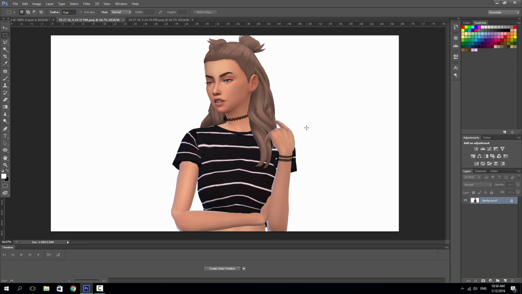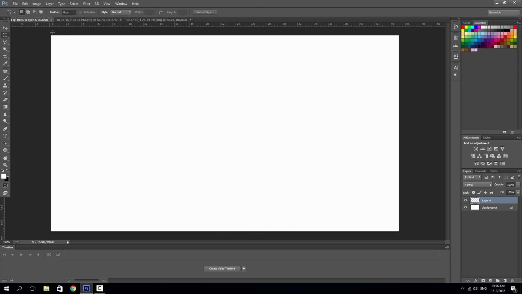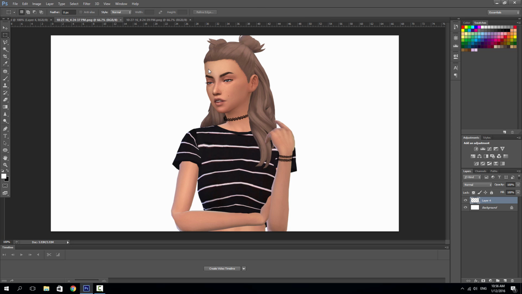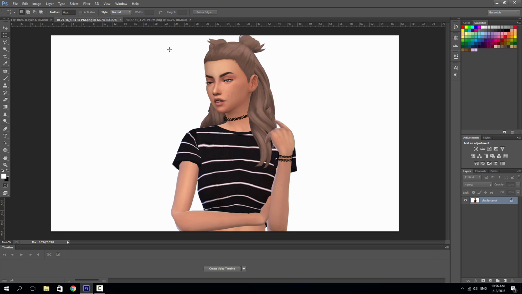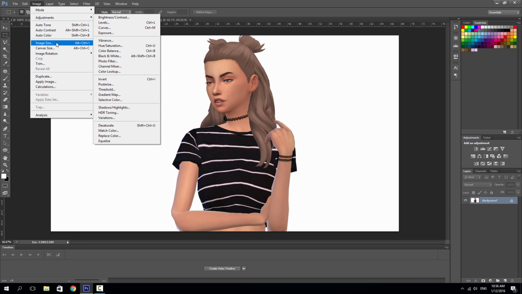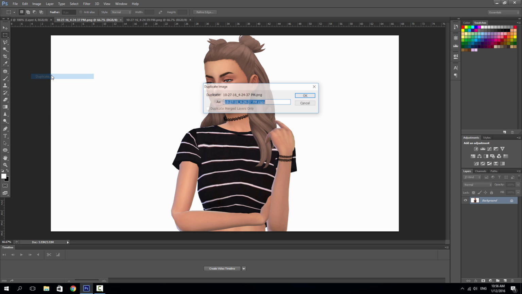Okay, so we have 3 files open now. We have our blank, what's gonna be our thumbnail. We have picture 1 and we also have picture 2. So on picture 1, pretty much all we're going to do with these files is just cut the sim out. To do that, we're going to duplicate the layer, and how you do that is you can either go image, duplicate,